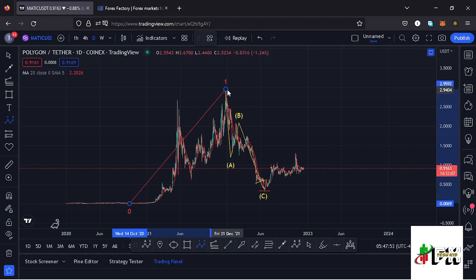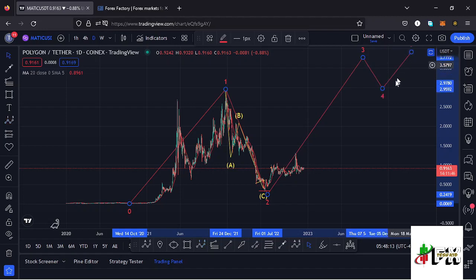a higher Elliott wave count 2, which we have right here on the Polygon Matic chart, having this ABC corrective structure taking us back to around the $0.32 mark, in a movement that I'm terming as a higher Elliott wave count 2. And after seeing the low for that higher Elliott wave count 2, what we expect is an impulsive movement to the upside in the formation of a higher Elliott wave count 3 before we see a wave 4,